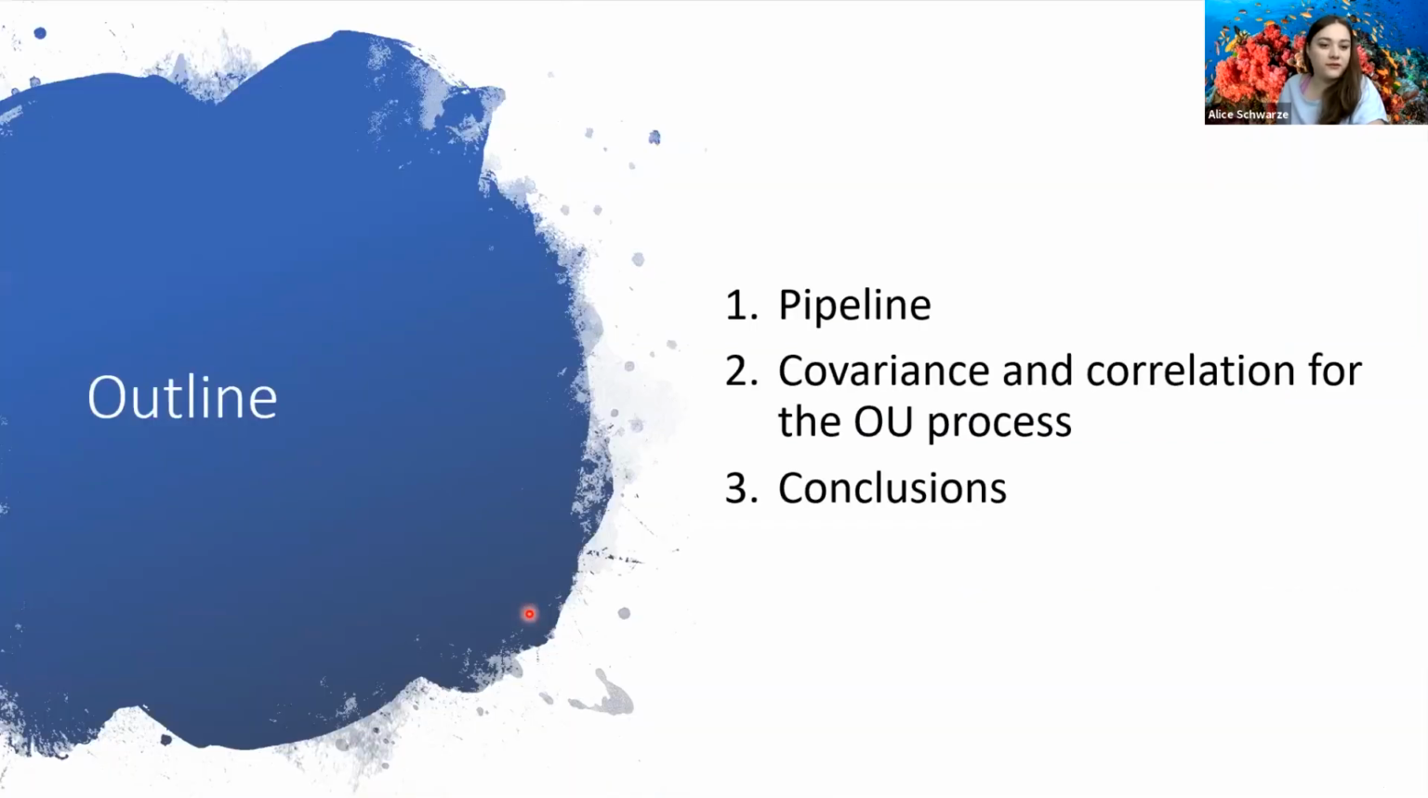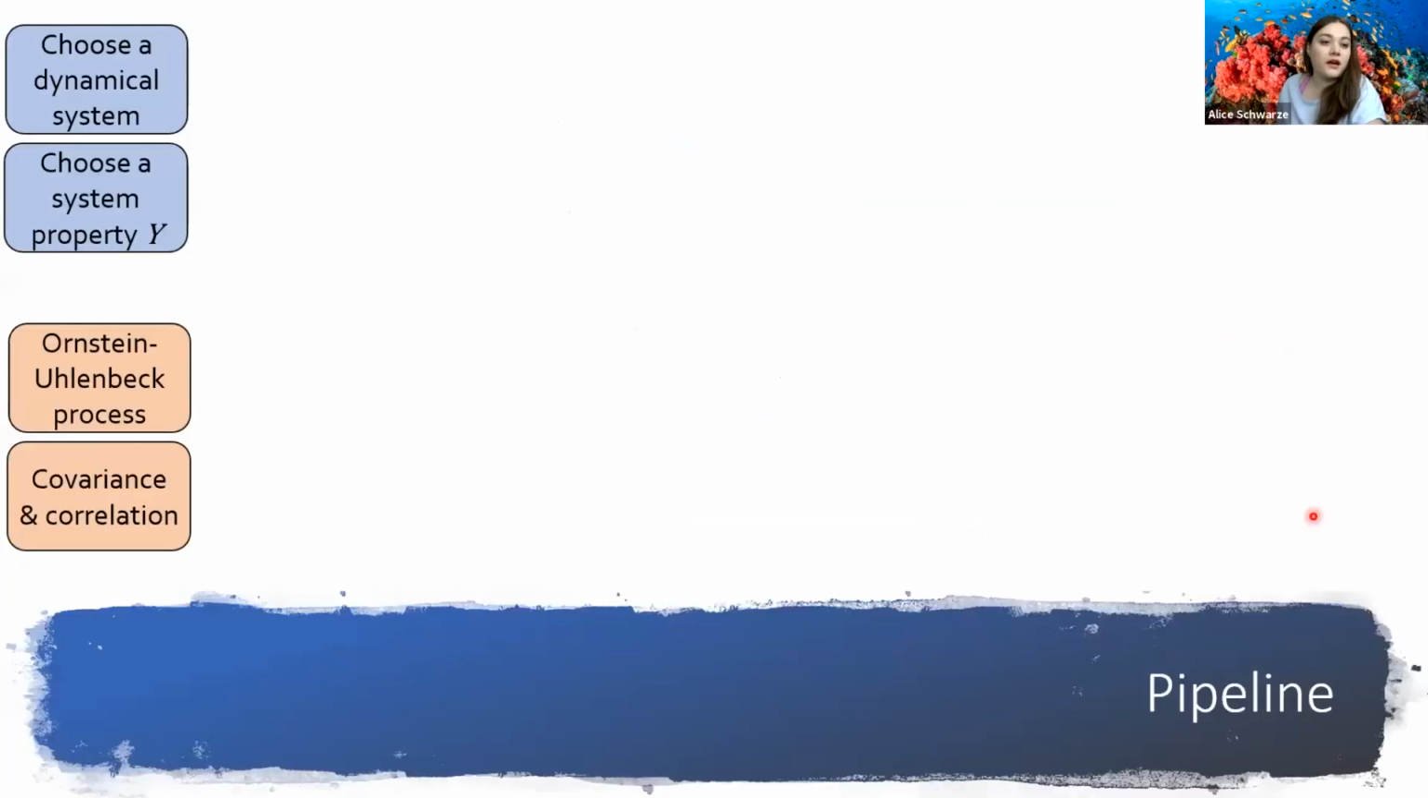So, and here's the pipeline for the rest of the talk. I'll start with the pipeline for the framework that Mason and I are proposing, and then I'll give a brief example using just covariance and correlation for the Ornstein Uhlenbeck process. And so here comes the pipeline. As I said before,